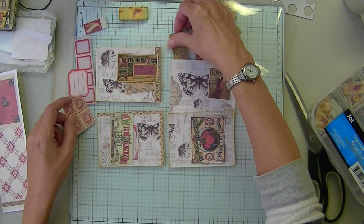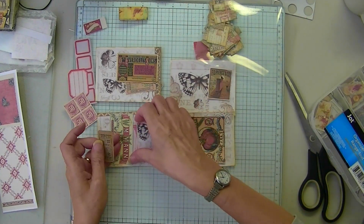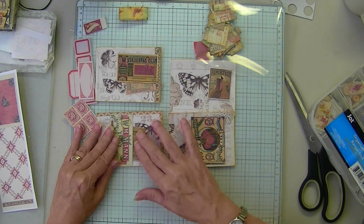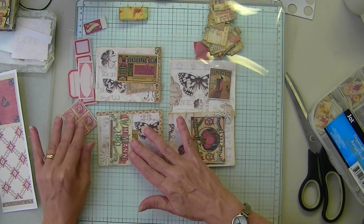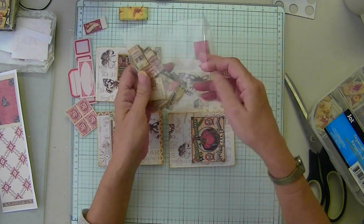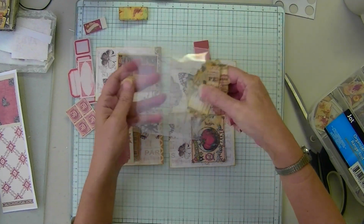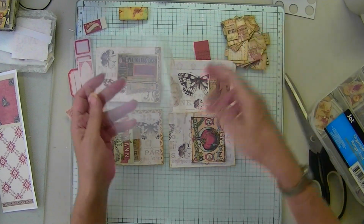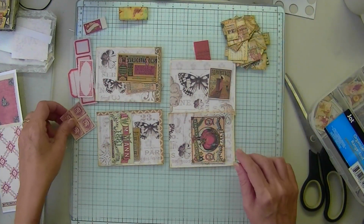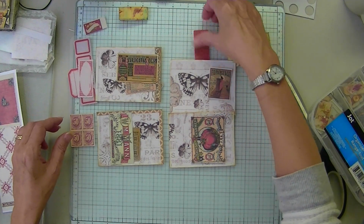I also got some of my little tiles that I think might match. Oh boy, I love making these. You guys, this is like the best thing ever. Every night when I clean up my Christmas mess,